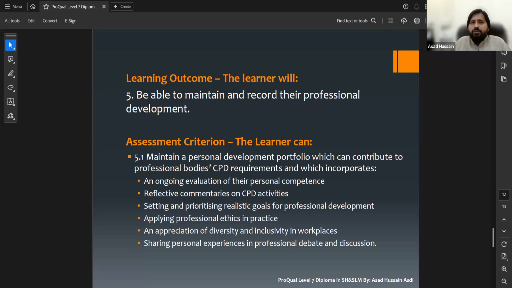Then applying professional ethics in practice. You are doing something, you are doing very well, that is good, but still you need to be professional. You should have professional ethics, so you have to give evidence that you are applying professional ethics in practice.